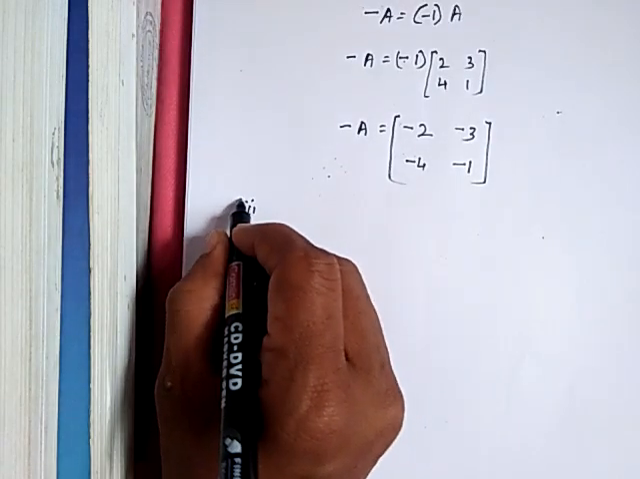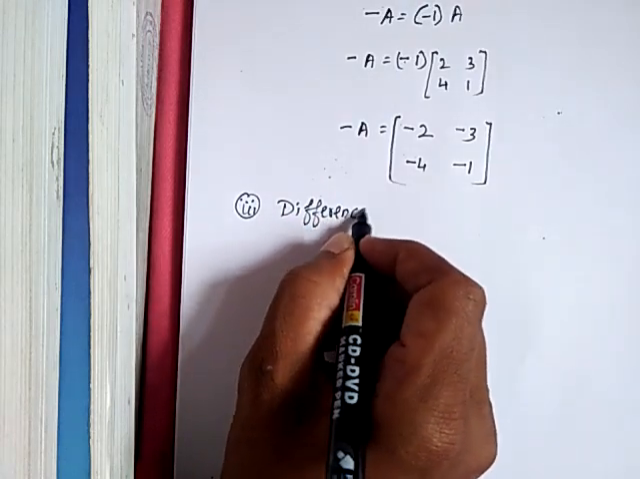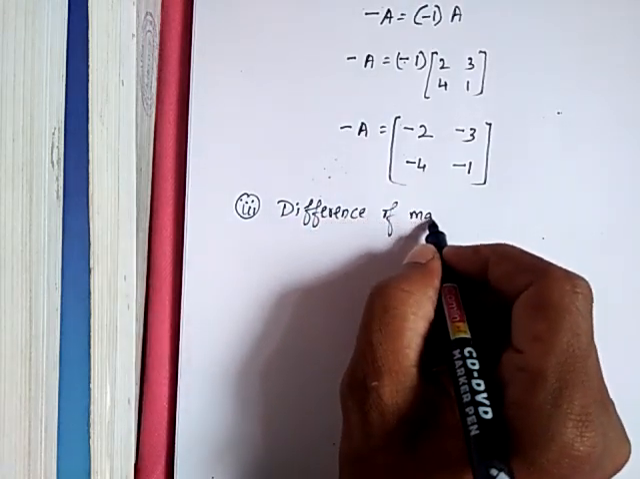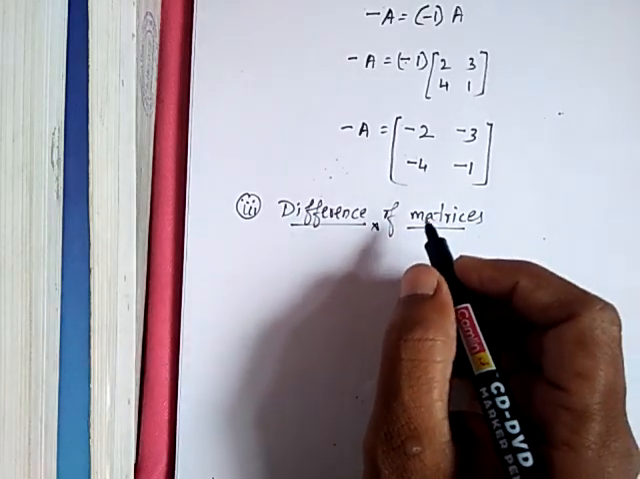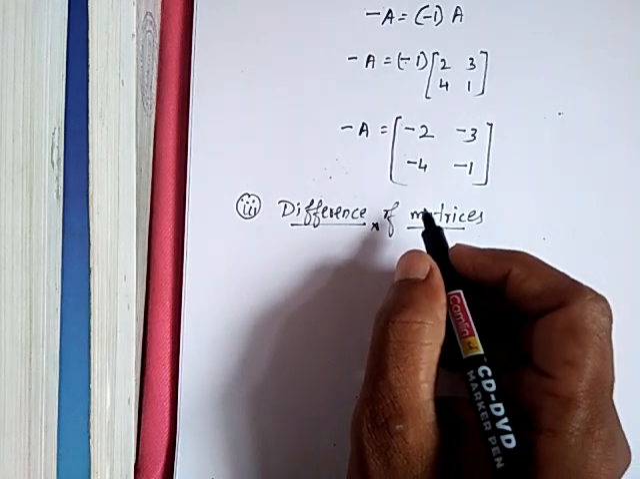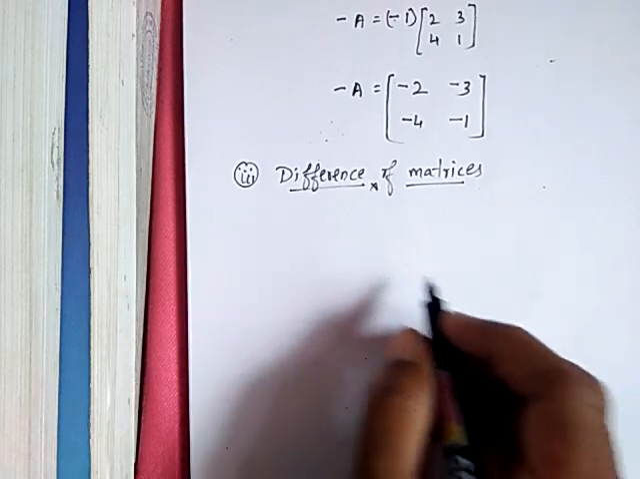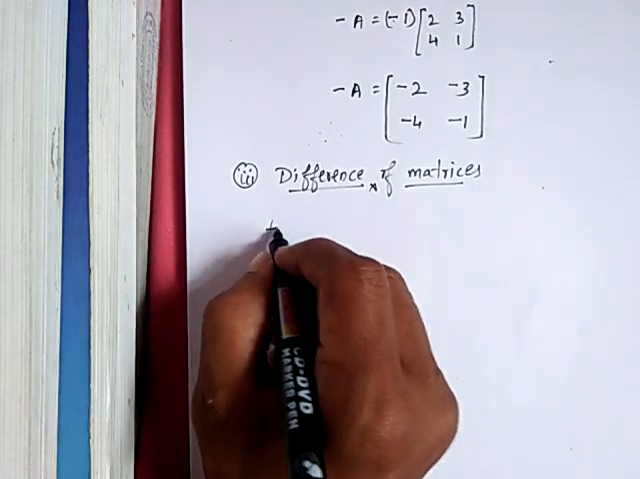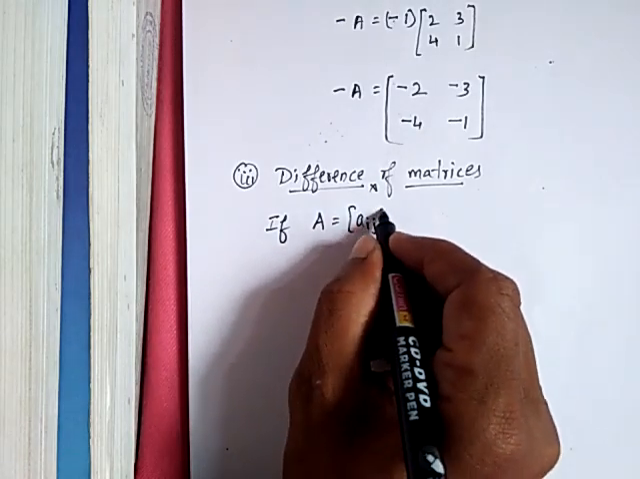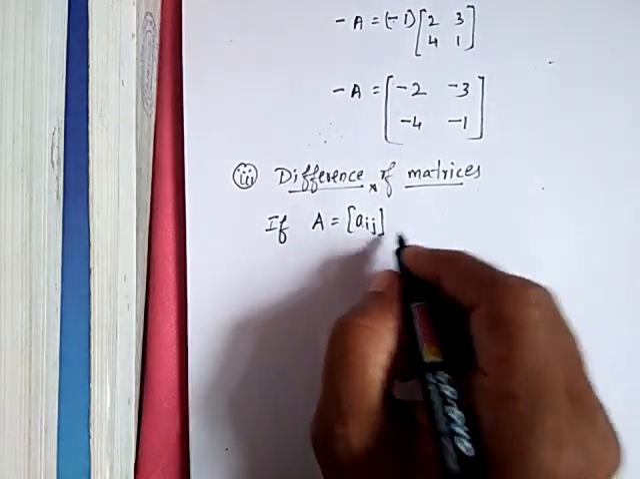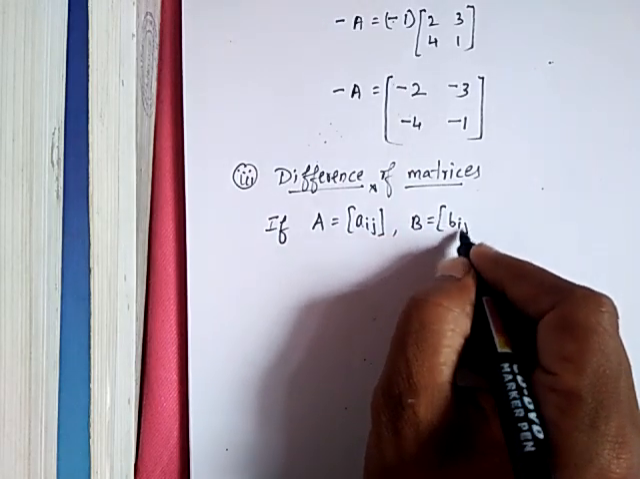What is that? Difference of matrices, or subtraction of matrices. Here also the same order should be there. So how do we define it here? If A is equal to Aij of the same order, and B is equal to Bij,